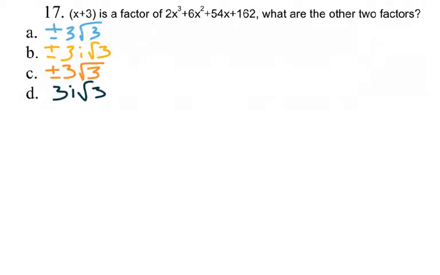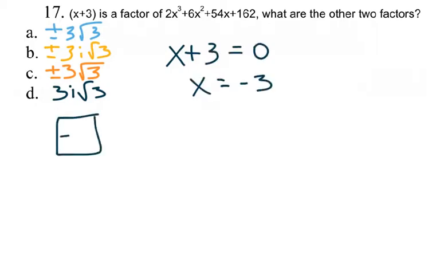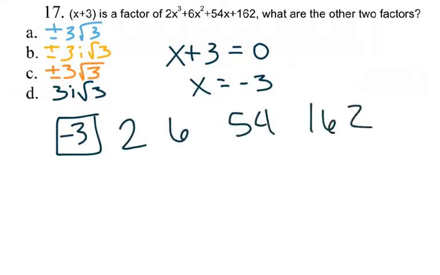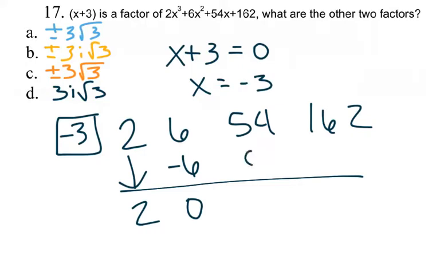Okay, so x plus 3 is a factor of the expression. What are the other two factors? If I know x plus 3 is a factor, I can set that equal to 0, so x equals negative 3. So I can take negative 3 and do synthetic division. So 2, 6, 54, 162. Don't do anything to the first number, bring it down,